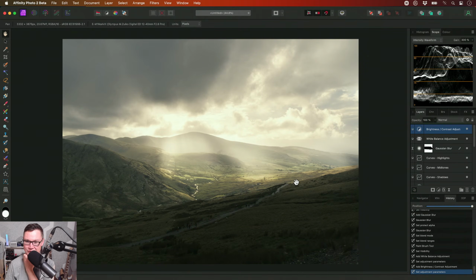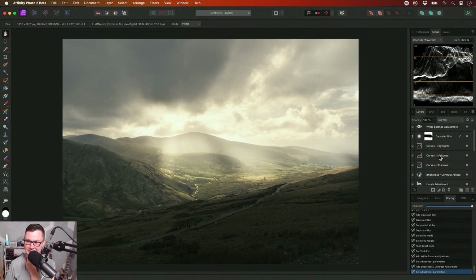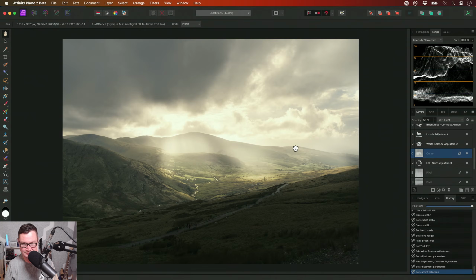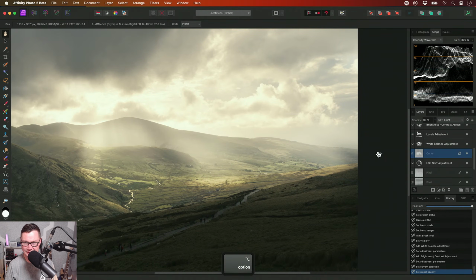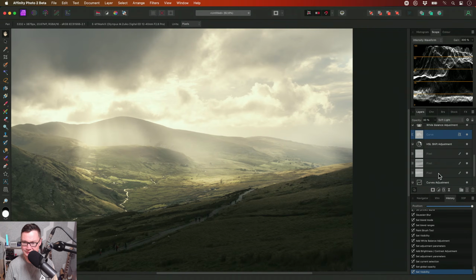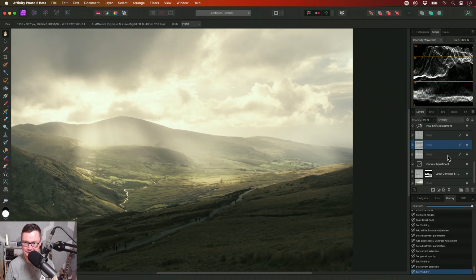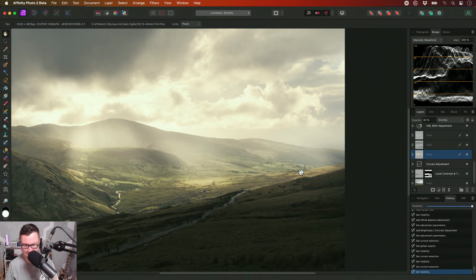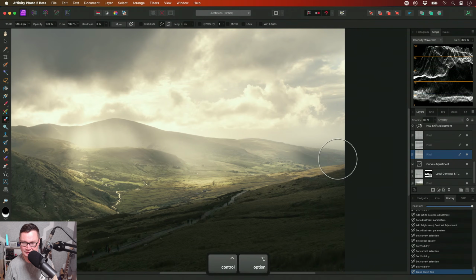The God rays are maybe too strong now, so let's see, what could I do? I could go in here, go to the curve layer, take that down to maybe 30%. Okay. And what's going on over here? I think this might be... Which layer is this? Yeah, okay, so I'll get the erase brush tool and I'll just erase away from that